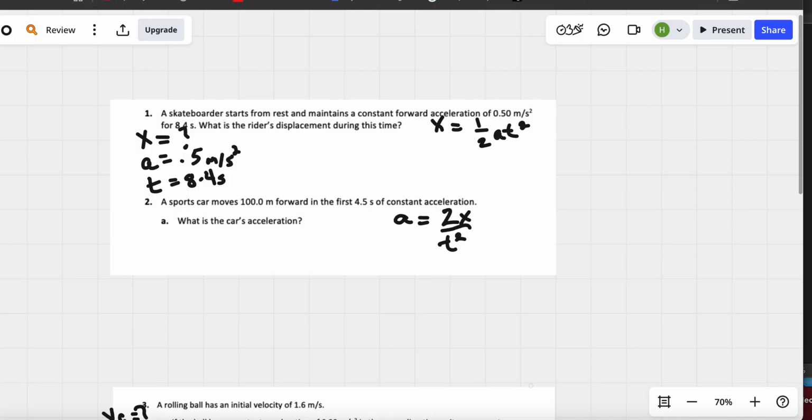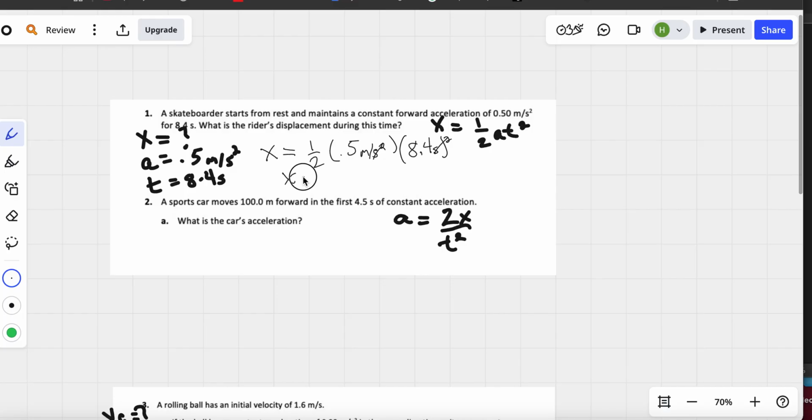X equals 1/2 times 0.5 meters a second squared, times 8.4 seconds, and square that. And so these seconds squared are going to cancel out with these seconds squared when we do all that math. I did the math on my calculator before I started this, so I know I'm going to be done in